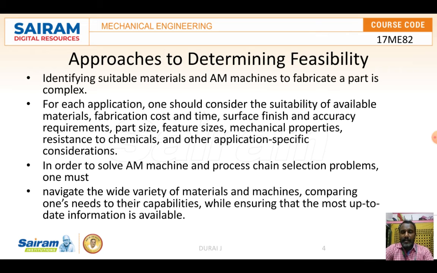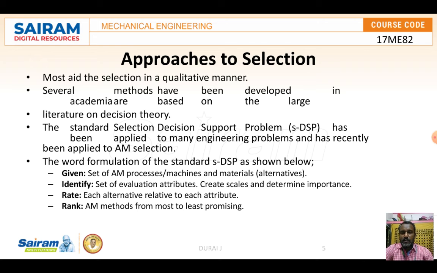And comes the next one, the approaches to selection. Normally the approaches to selection is done in a qualitative manner.